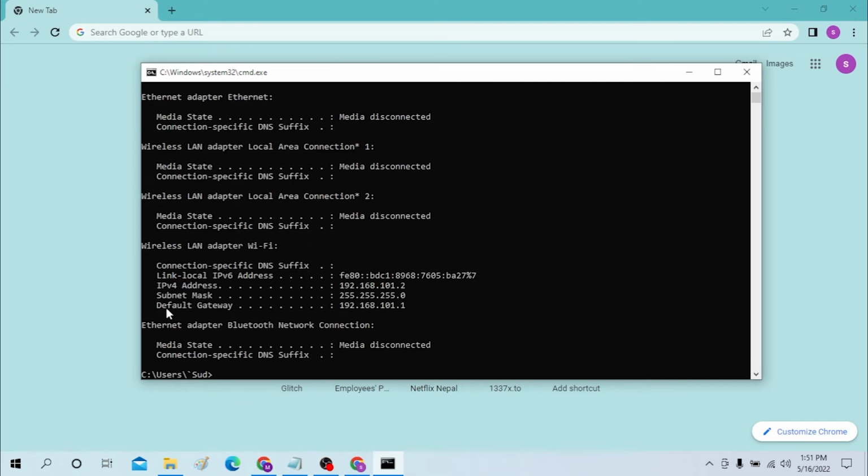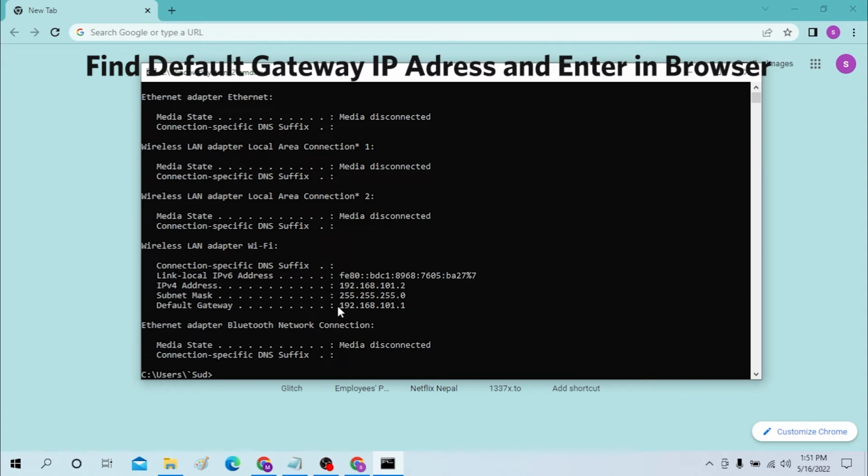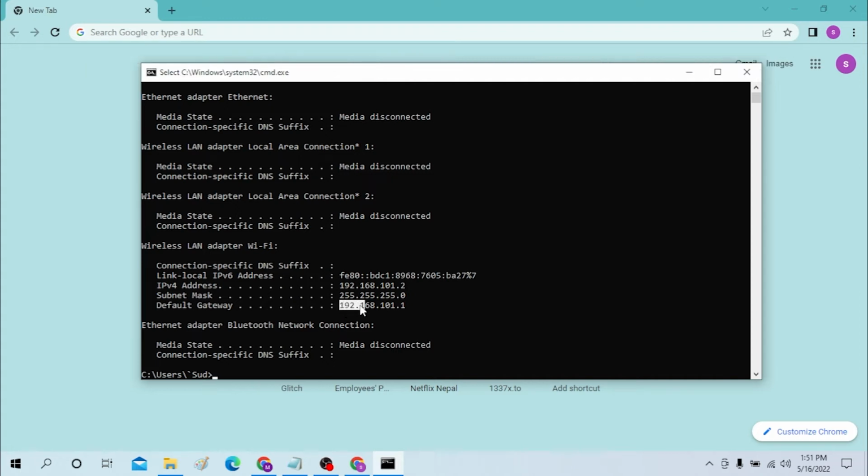After that, you can see the default gateway appear over here, which is 192.168.101.01. This is the default gateway. Copy that